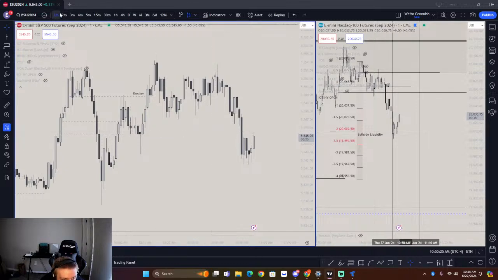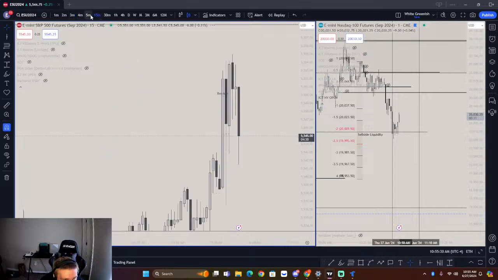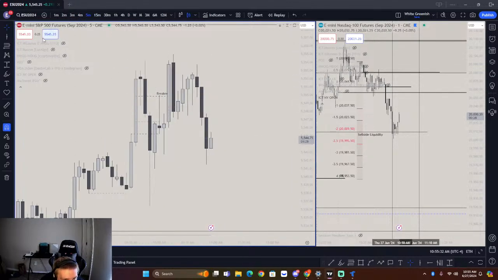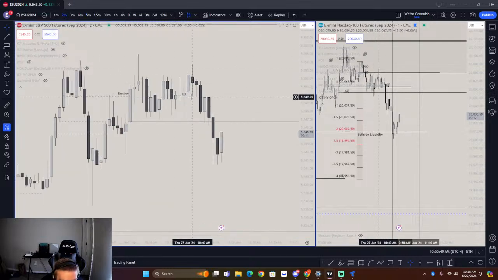We have a breaker on ES. Or an area mitigation. Also have this. You have the 5-minute order block on ES right here. So let's see how this level gets respected or disrespected. We have a fair value gap up here, which could be framed as a breakaway gap. It's not a gap on the lower time frame, so